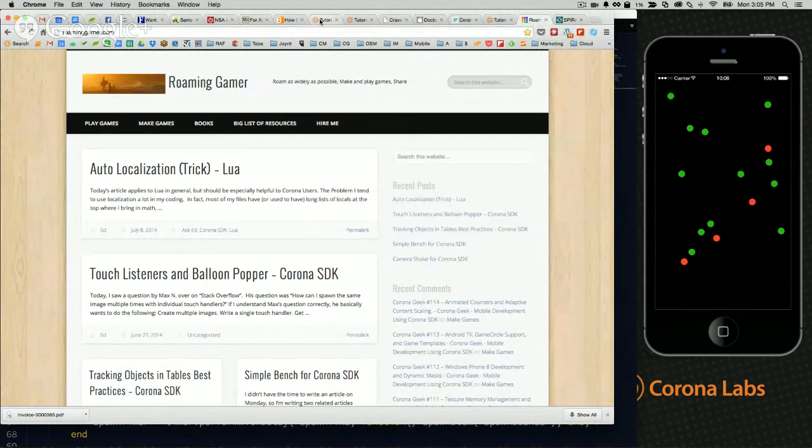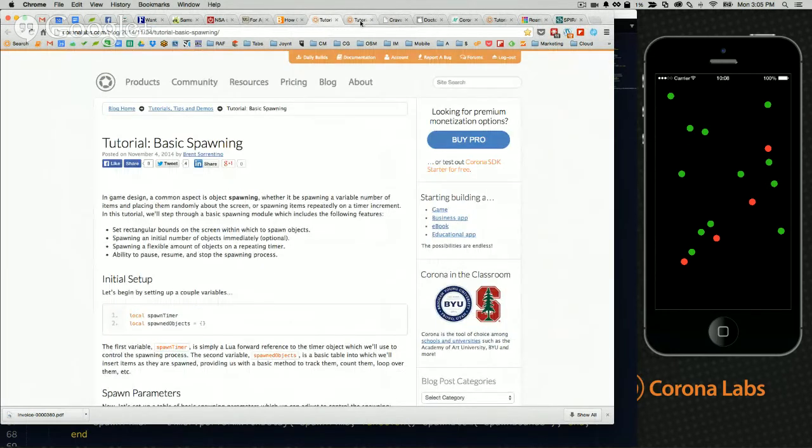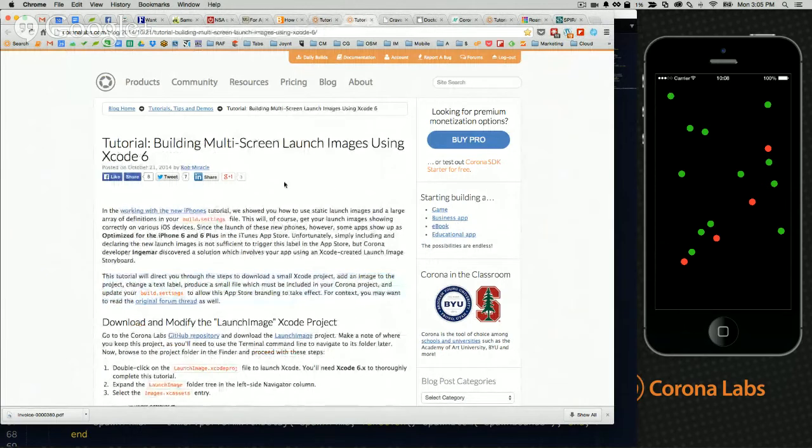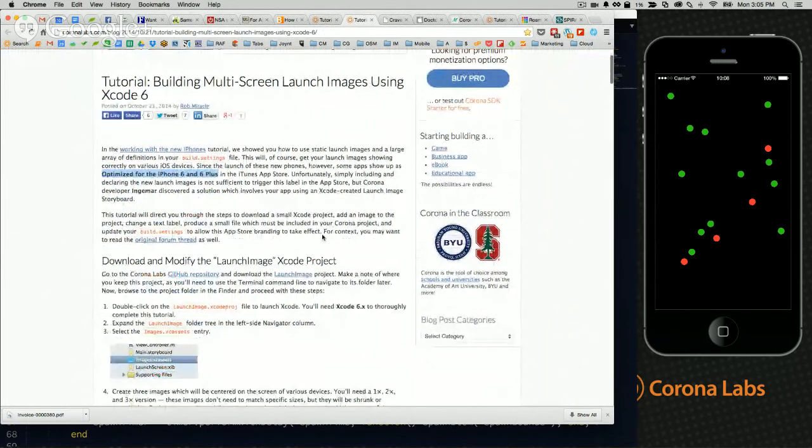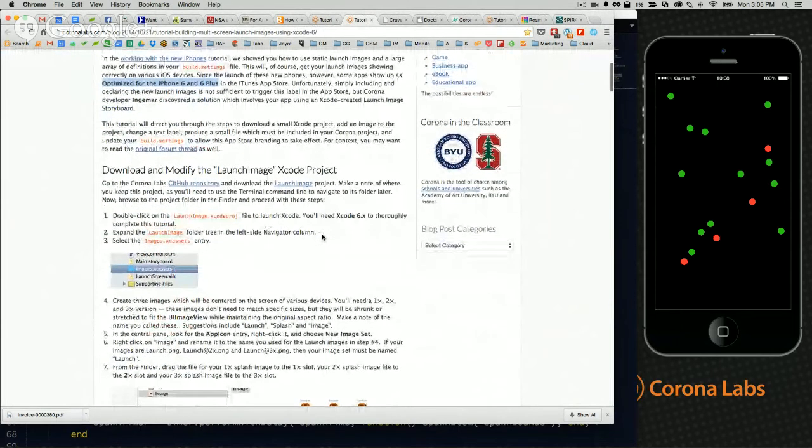So the last thing that I want to say before we tip out of here, and we don't really need to get into it too far, is this idea of being able to get your app listed as optimized for iPhone 6 and iPhone 6 Plus in the Apple App Store. We can talk about it a little more next time, but go check it out. It's a fairly straightforward tutorial. The steps involve opening up an Xcode project and exporting some things out. Basically, you can download a small sample code project that's part of this tutorial, then you add an image to the project, you change a text label, you produce a small file, which you then include in your Corona project, and then you update your build settings, and that allows you to have a